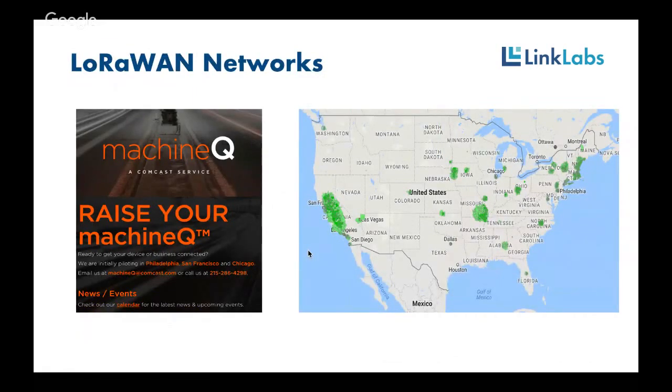LoRaWAN in the US, this is a coverage map of a company called Senet, which is deploying LoRaWAN networks, mostly for tank monitoring and agricultural applications. So you can see they're heavy in the California area and St. Louis and other places. And actually, I think probably more coverage than Sigfox at this point. But again, nowhere near nationwide, nowhere near a technology that you could box something up, sell on Amazon and expect to be able to connect. That's not the case. Interestingly, Comcast, through this project they call MachineQ, is piloting LoRaWAN in a number of cities as a way that they, as a cable operator, can provide an IoT network technology. So certainly keep your eye on that.